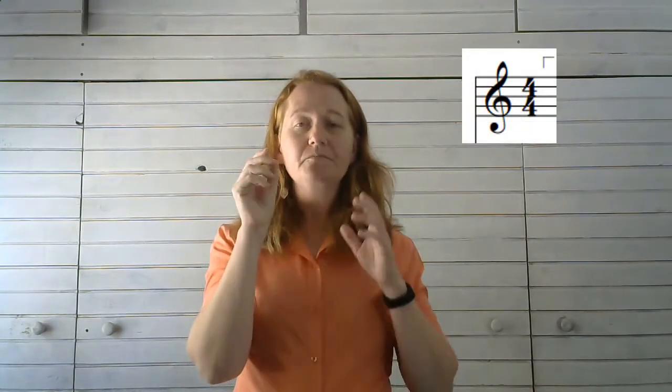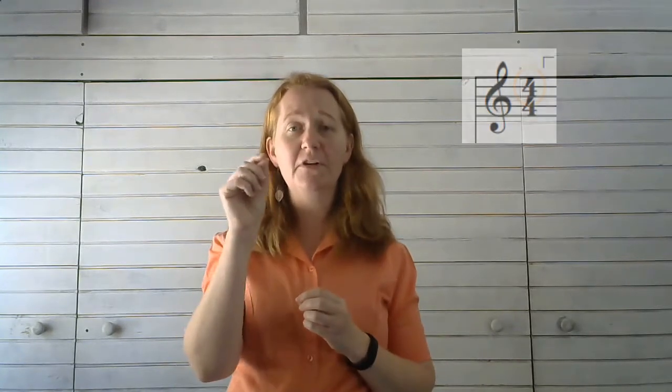Now, at the beginning of each piece of music, you're going to see 2 numbers written. And that is called the time signature. And the time signature tells us how many beats are in each bar, and also tells us the length of those beats. Is it a full beat? Is it a half beat? Is it 2 beats that form a single combined beat as we're going through? And each time signature has its own pattern, because if there are 2 beats in a bar, or if there are 6 beats in a bar, you're going to have to do more movements to get you back to the main beat. I want to be emphasizing this main beat. And in separate videos, I'll show you the different patterns for each different time signature.